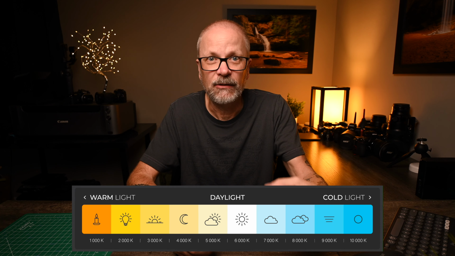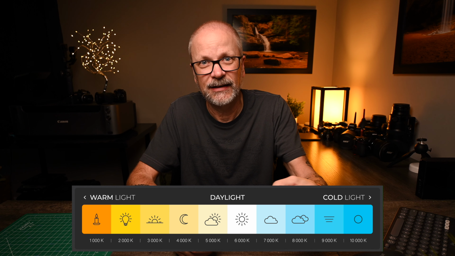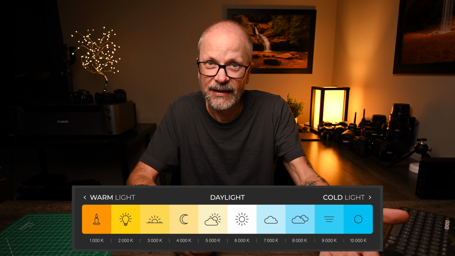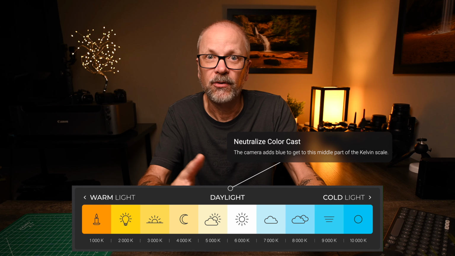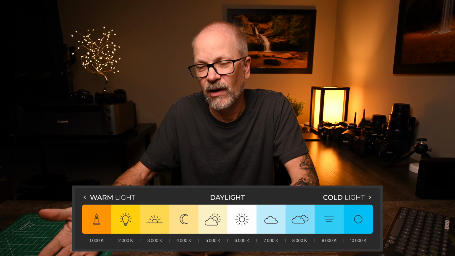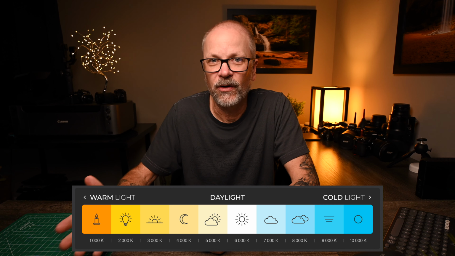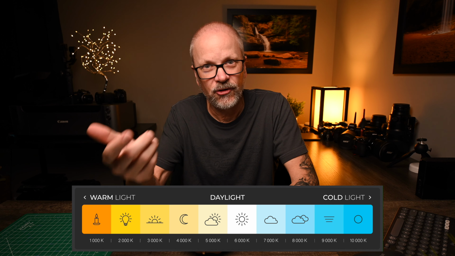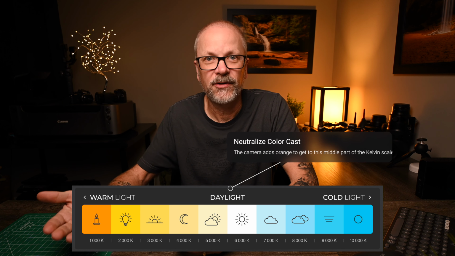The other settings on there, incandescent, that's a warmer light. What you're doing when you set it to incandescent is you're saying this is a warm scene, and the camera is going to add blues to bring it back towards that middle. Likewise, if you're on an overcast day or in the shade, if you set it to the shade setting, it's going to add warmth to the scene to bring it back. And then of course you've got the manual setting, which you can set, and you can specifically choose what white balance you want in Kelvin for the scene you're photographing, and it'll stay constant regardless of